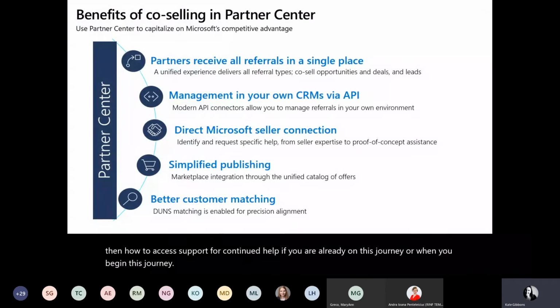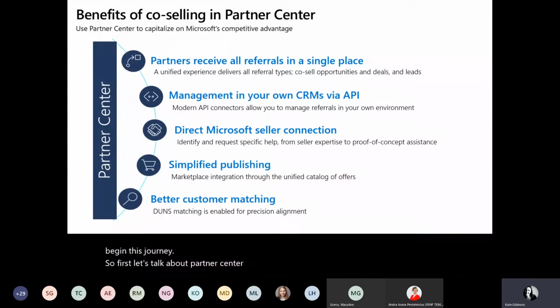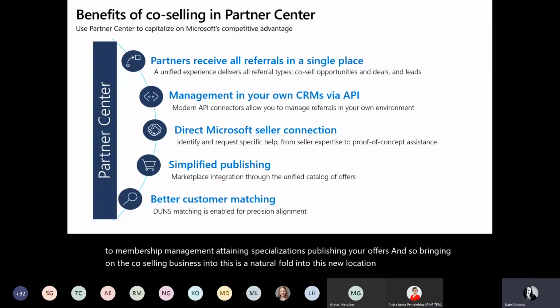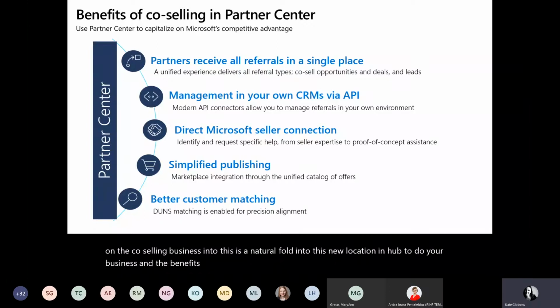So first, let's talk about Partner Center. Partner Center, as you may or may not be aware, is where you will conduct all of your business with Microsoft. So everything from incentives to membership management, attaining specializations, publishing your offers. And so bringing the co-selling business into this is a natural fold into this new location and hub to do your business. And the benefits that you're getting in doing this is that you will receive all of your referrals